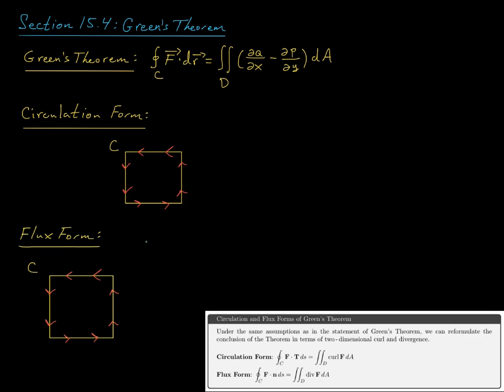All right, in this video, we are going to connect Green's theorem to the two-dimensional curl and divergence of the vector field F. Okay, so for what we'll call the circulation form of Green's theorem, I'm going to write this integral on the left that you see in Green's theorem in the form